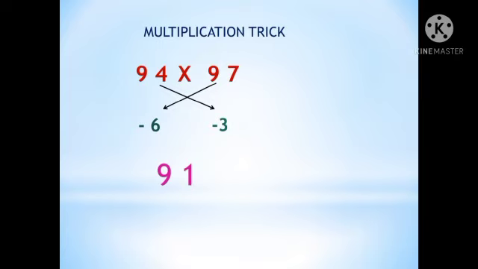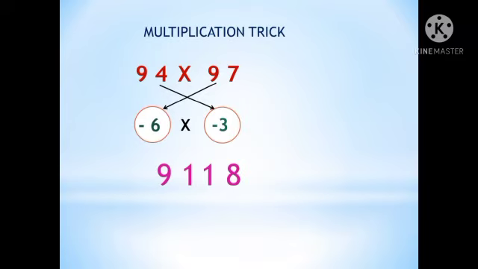Only one step is left, and that too is an easy step. Let us see step 2. The second step is that we multiply the number 6 with the number 3. If you multiply 6 with 3 we get 18, right? So attach 18 to 91. This is the answer, 9118, for the problem 94 into 97. So we can get the answer very easily and quickly. If you practice this, you too can solve this. Let us solve 2 or more problems in this type.